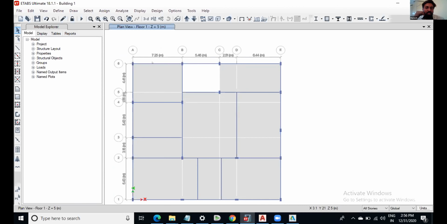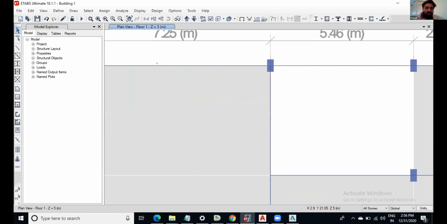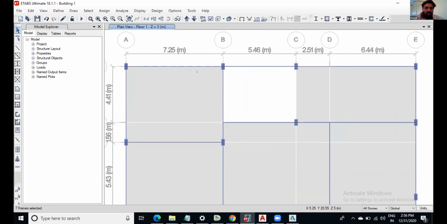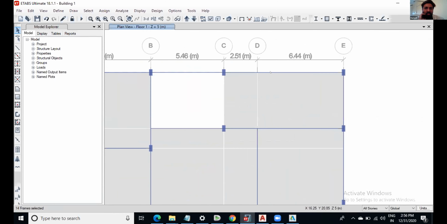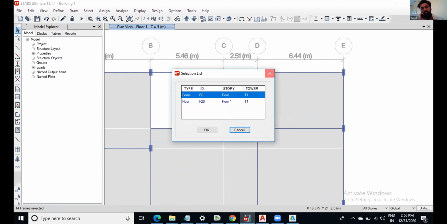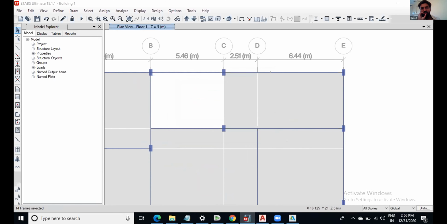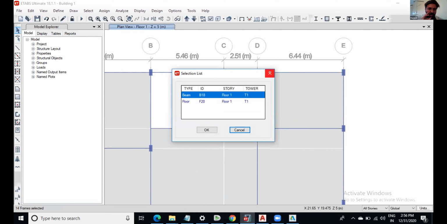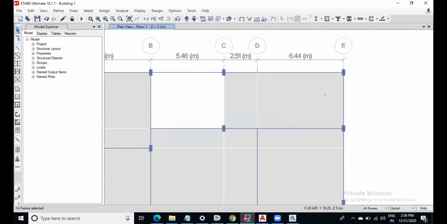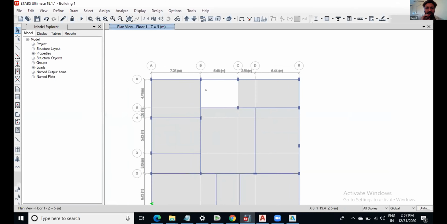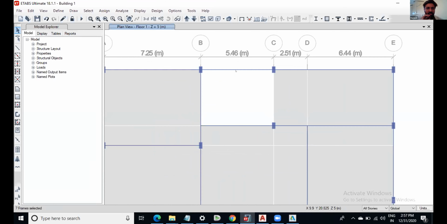Yeah, you have to select carefully. Sir, do I need to hold control while pressing? No need, control is not required. In ETABS there is no need to hold control. Directly, if you click once, it gets selected.